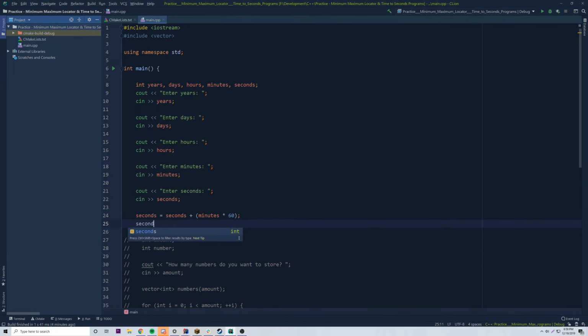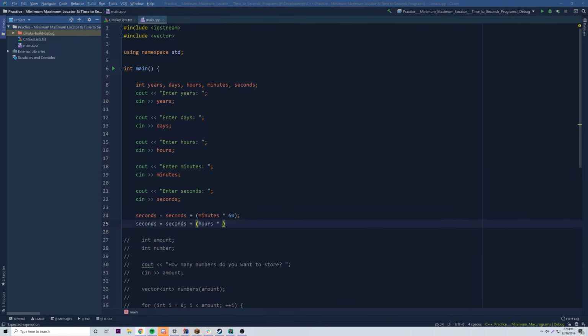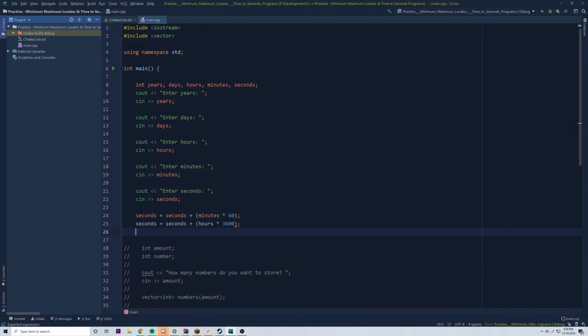So now we'll do seconds is equal to seconds plus hours times, and I don't know how many seconds are in an hour. So what we can do here is Google hours to seconds. There we go. So 1 hour is 3,600 seconds. So 3,600, and then seconds is equal to seconds plus